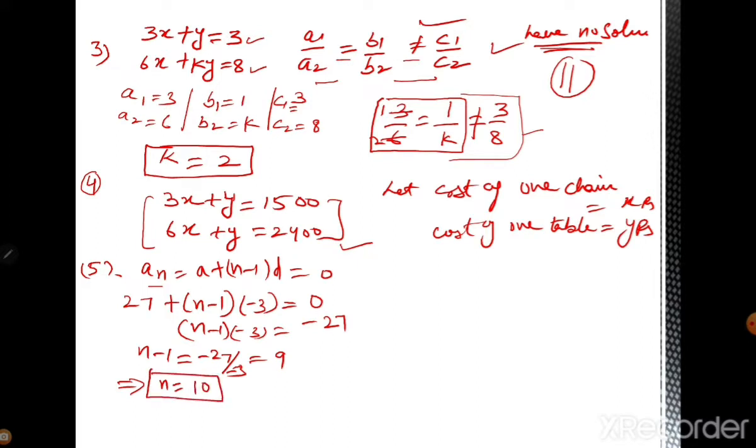Then you will write term-wise a1, a2, a3 like here. It is decreasing now, like a1 is 27, a2 is 24, a3 is 21. Then again subtract 3. Then you will get up to the last, the 10th term, it will be 0. Okay. So your 10th term is 0. So we have to find n here. So very simple. Only the formula you should know. If you know the formula, then you can solve the question. If you don't know the formula, then okay.